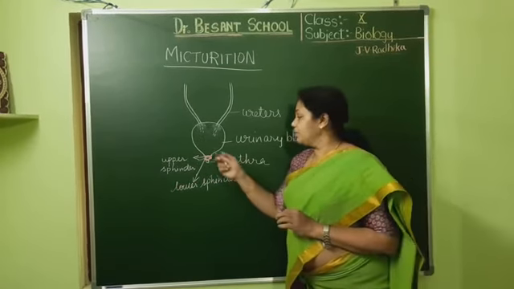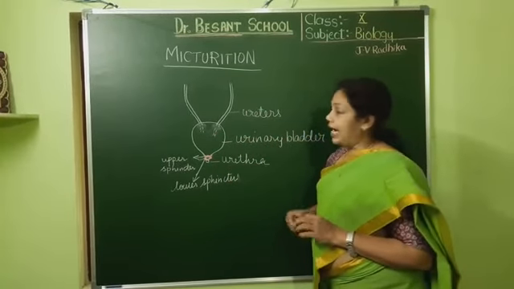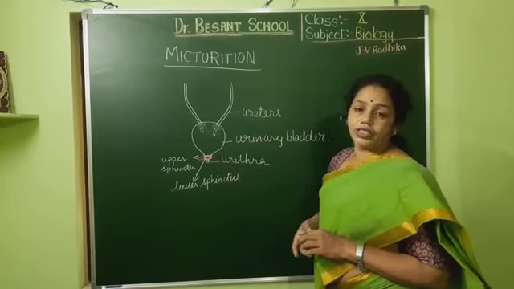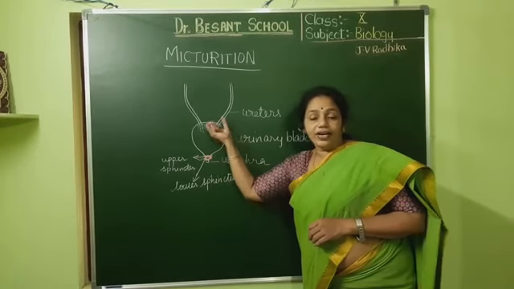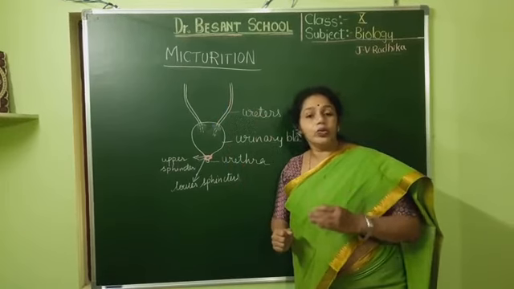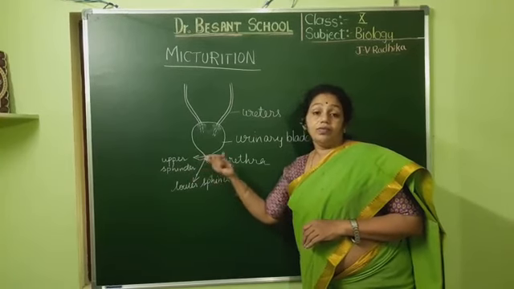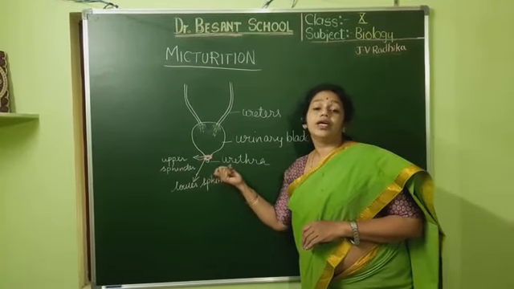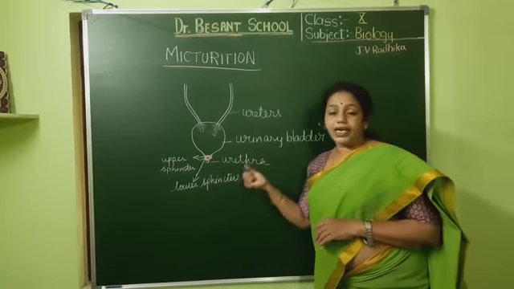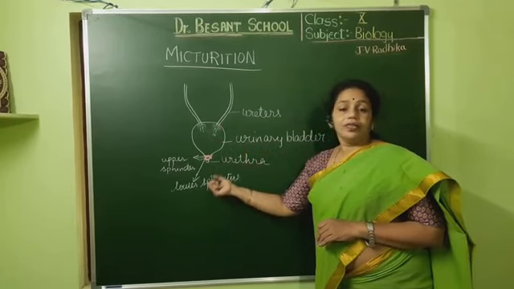Understood, children? So this is the whole process of urine formation, and this will happen in all people. In small children, till the age of 2 years or so, they don't have voluntary control of micturition. Gradually from 2 years they learn the process of micturition. So it is a conditioning or learning process where the muscles are conditioned and they can micturate voluntarily.